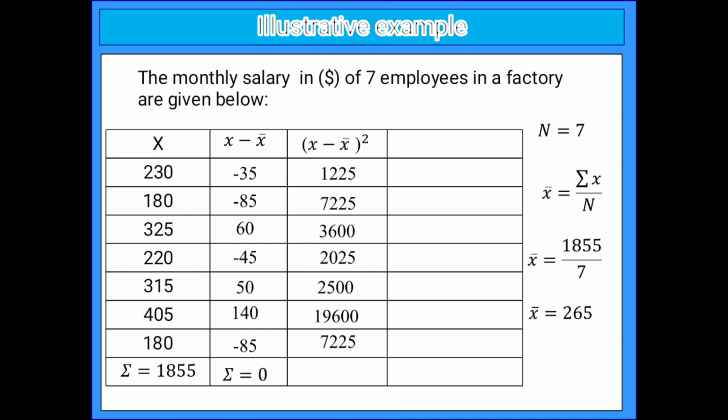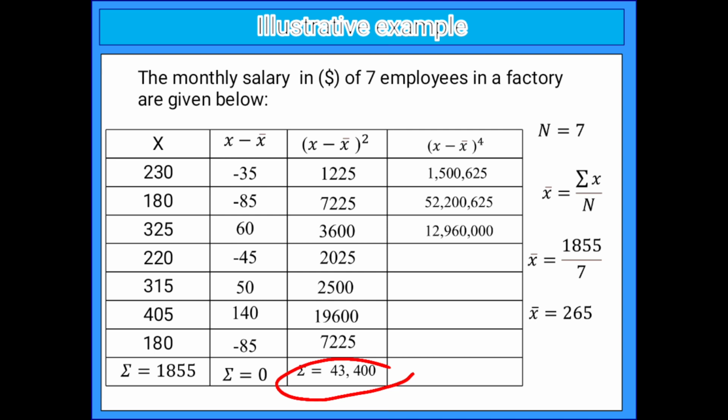And now we're going to move forward in getting the fourth moment in our fourth column. So we're going to raise these differences to the power of 4. Here, we got the summation already, so it will be easier for you. We got the total of 43,400. And as I mentioned, in the fourth column we are going to get the fourth moment for this distribution. So 35 raised to 4 is 1,500,625. 85 raised to the fourth power is